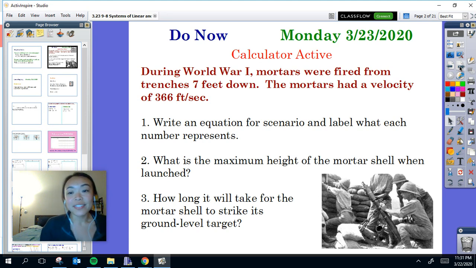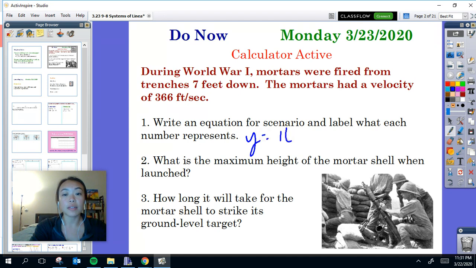All right, so this is a fun do now, and I actually looked up the stuff to make sure it was historically accurate. In World War II, mortars were fired from trenches, which were 7 feet down. So a trench is something in World War II, and it's below ground level. The mortar, which is a weapon, you can see in the corner here, is shot with a velocity of 366 feet per second. So the scenario for this would be